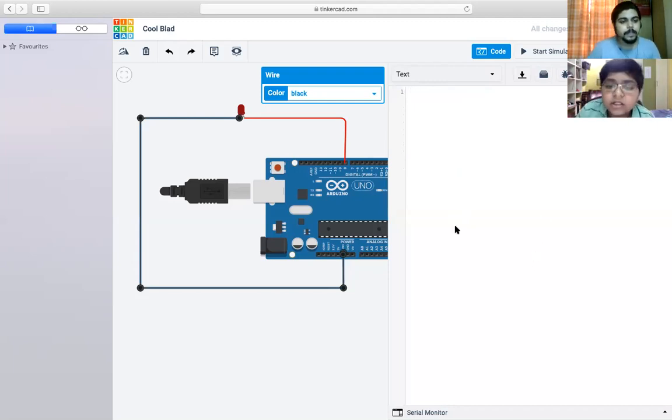How can we learn coding? The coding which Arduino actually requires is basically a mixture of C and C++. This is called embedded C. So first of all, two things we write in the code: the void setup and void loop. So write those things down first. Void setup with two brackets and then void loop. Void setup and void loop are totally in small letters.